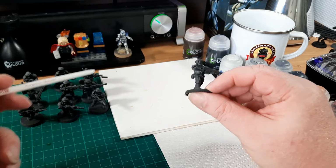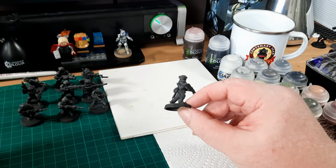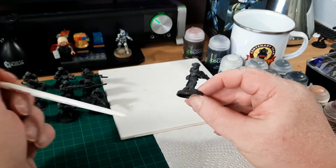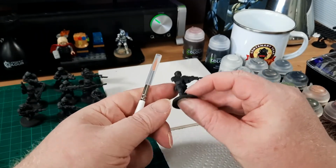Continuing on from the last episode, we now got our miniatures all nicely undercoated, and it's time to start getting some paint on the brush and then onto the miniatures. There are two basic